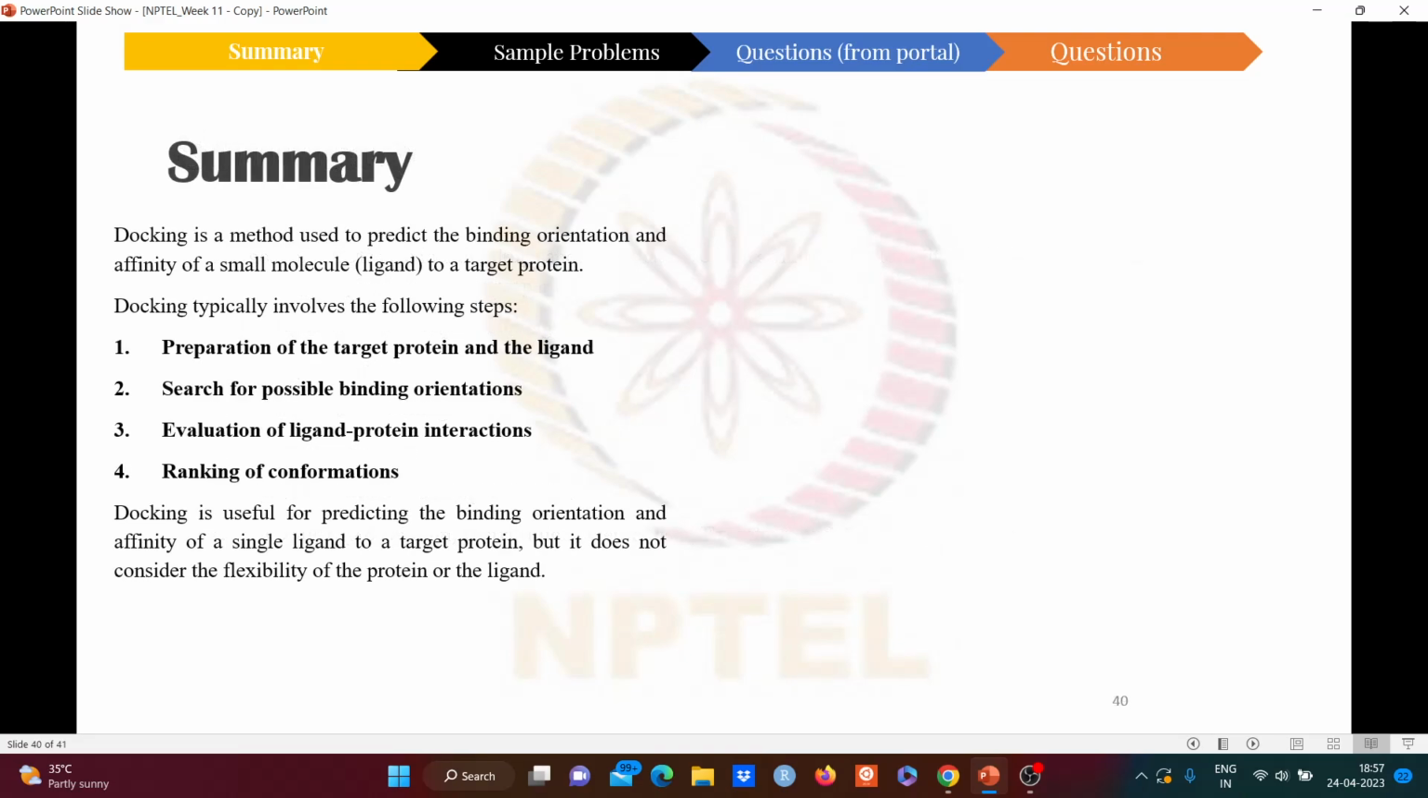Here are some instructions for docking. Docking is a method used to predict the binding orientation and affinity of a small molecule to a target protein. The goal of docking is to identify the optimal orientation of the ligand that maximizes the interaction energy between the ligand and the protein. Docking typically involves